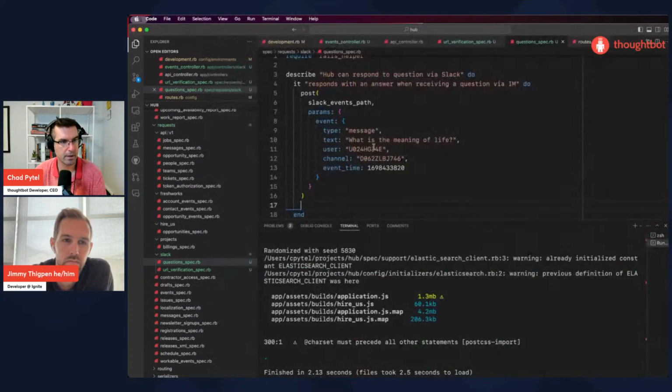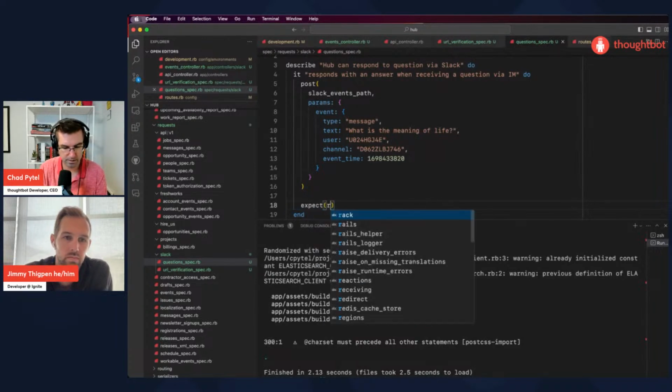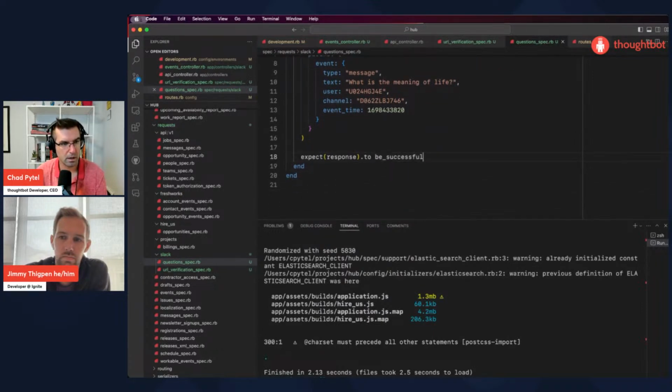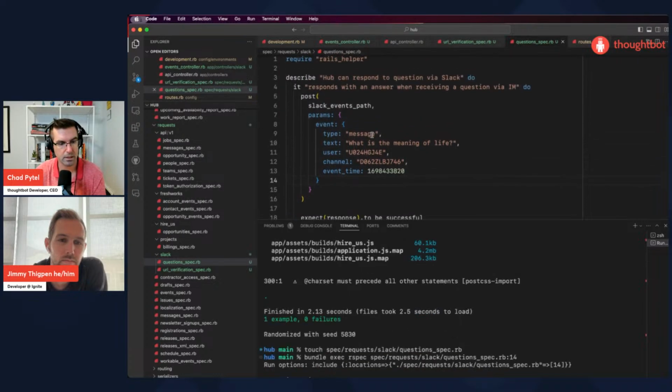And so I think we want our spec to be successful. And then we can do other things. We can send other messages, but for right now, let's just make sure that spec passes.